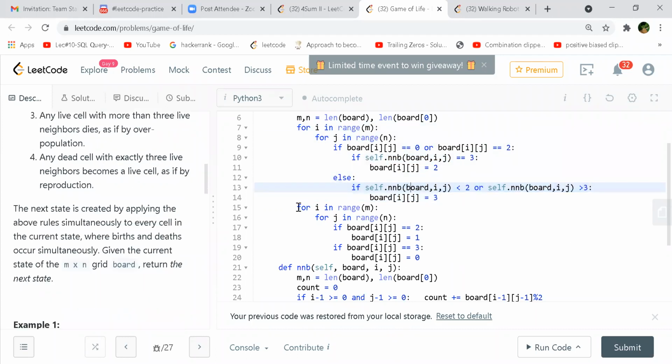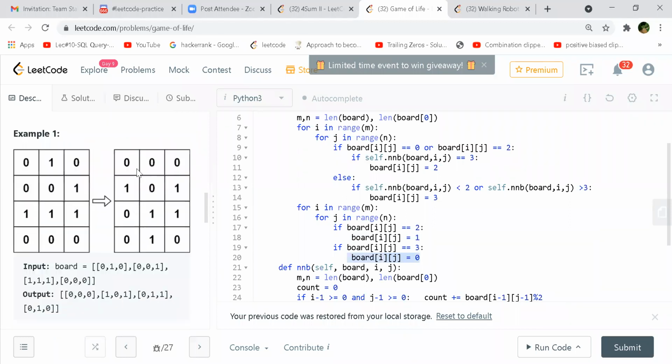And now, after the cells are updated, we are checking if any value is equal to 2, then we make it 1, and if it is 3, we make it 0. First you will modify, and you will get a couple of 2s and 3s in this matrix, and now this matrix has to be returned back to the 0 1 combination. So according to the rules, if it is 2, I'll make it 1, and if it is 3, I'll make it 0.